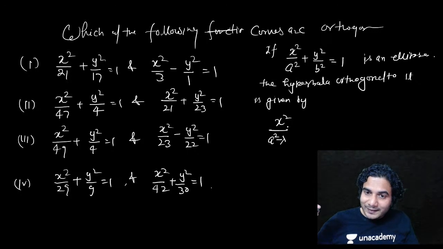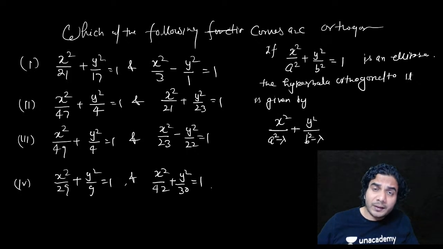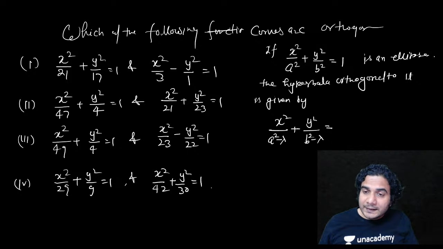You will subtract lambda, some constant, from a square, plus y square upon b square minus lambda. You will subtract the same constant from b square also, and in this way